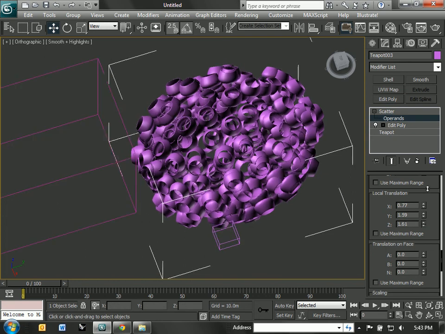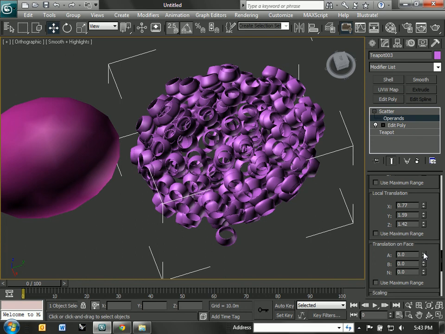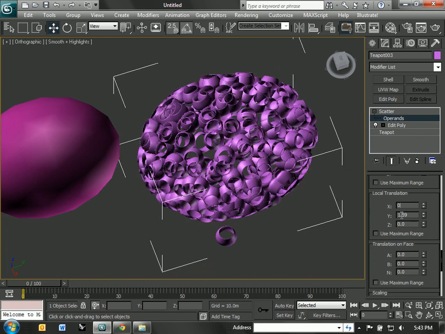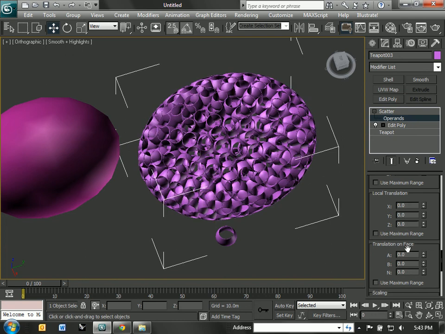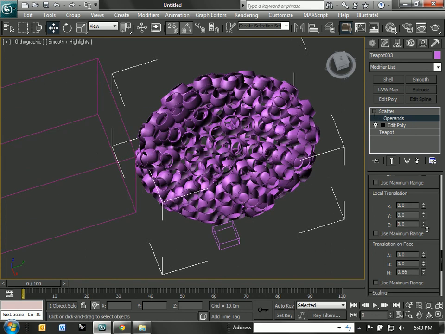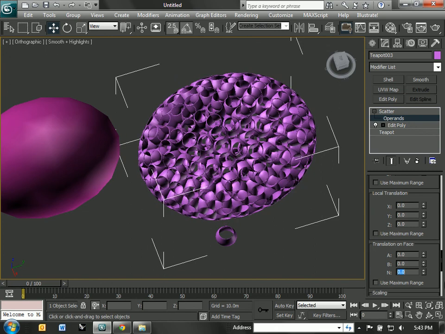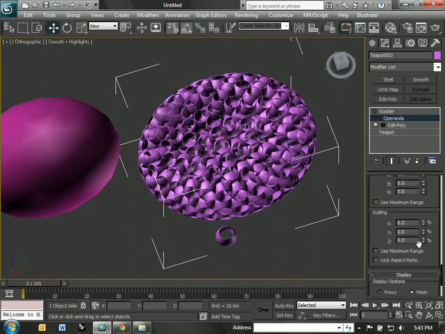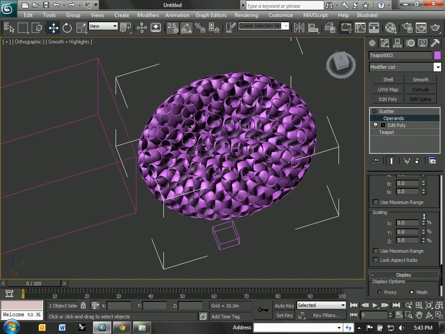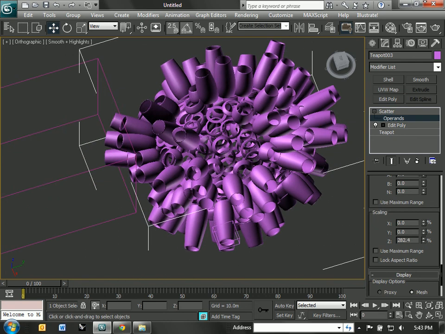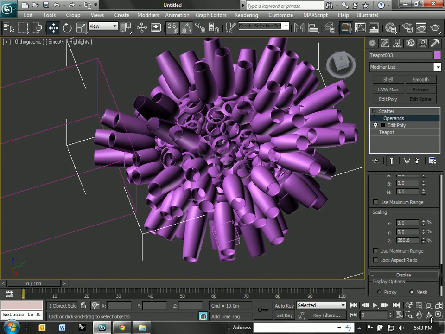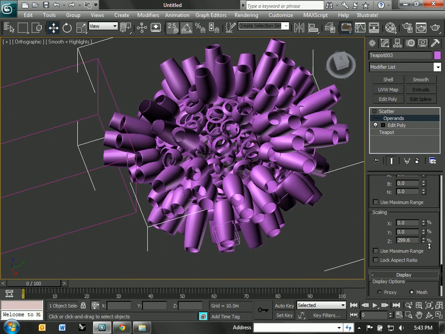So what this is doing is starting to scatter these, or you can do, say, if I turn these back to 0, this is what's called local translation. You can also do a translation on the face too, which does something slightly different. You can also scale some of these objects, and right now I think it's scaling it randomly. So very quickly you could get something that, I don't know,